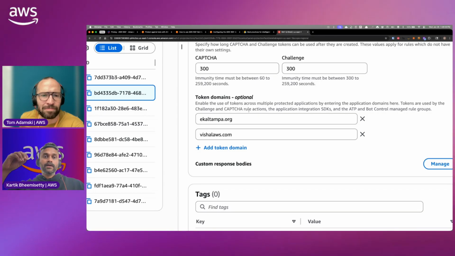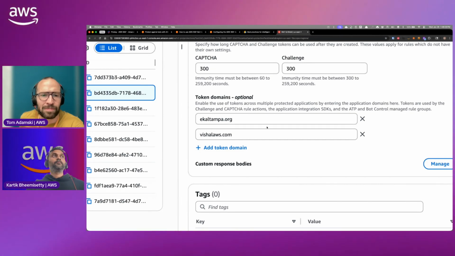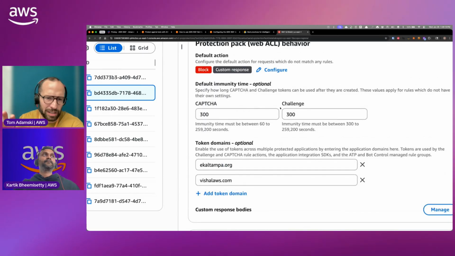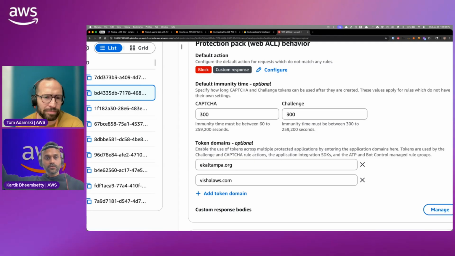You allow that particular token domain so that WAF knows these particular domains for this token are acceptable, right? So if I have, in your example, two domains there, they both would potentially have different WAFs deployed. And in each configuration of those WAFs, I would have to make sure that both of those domains are included. That's correct, because if it is on a different resource, right?